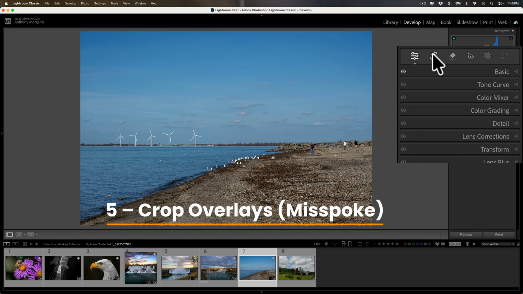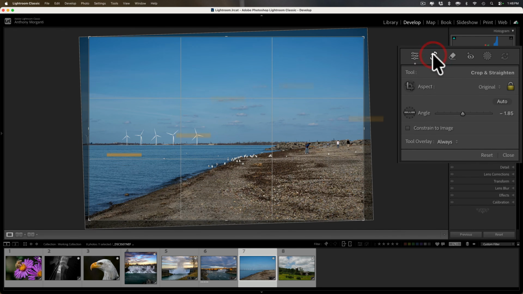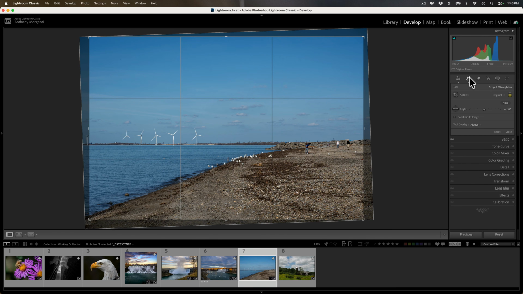Number 4, crop overlays. Staying with the crop tool. You probably know that by default, when you're using the crop tool, you'll be looking at a rule of thirds overlay, and that's what we see here. But actually, Lightroom Classic has several different overlays, and to cycle through them, hit the O key on your keyboard. So if I hit the O key once, you can see that I have this rectangle